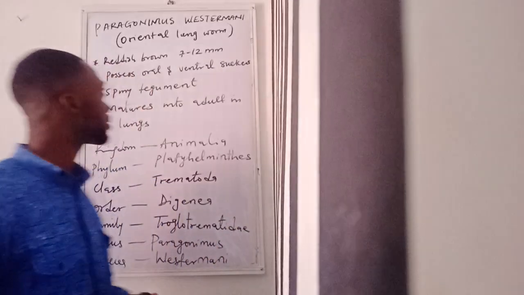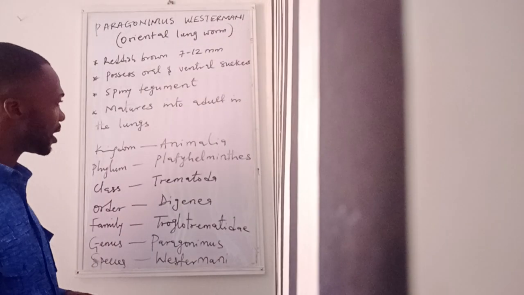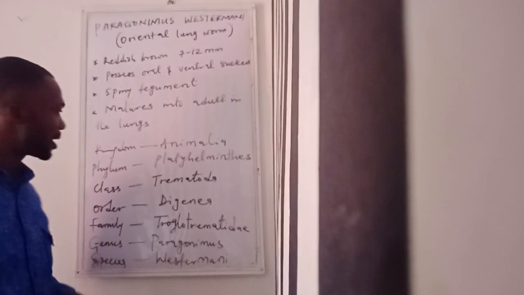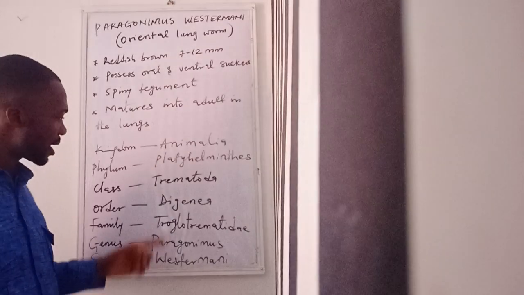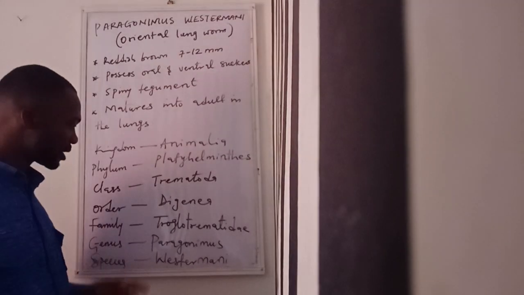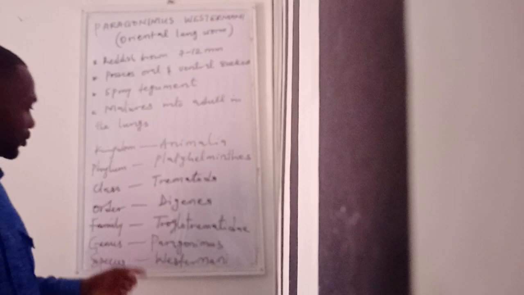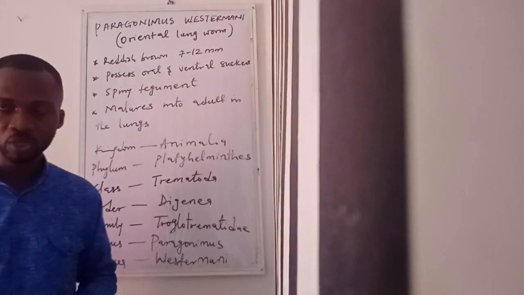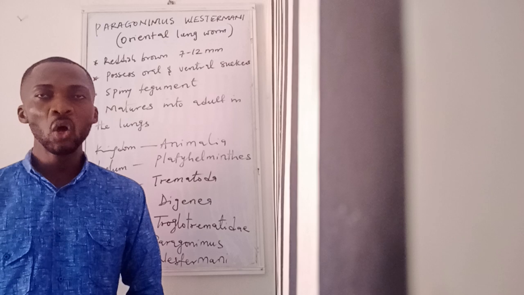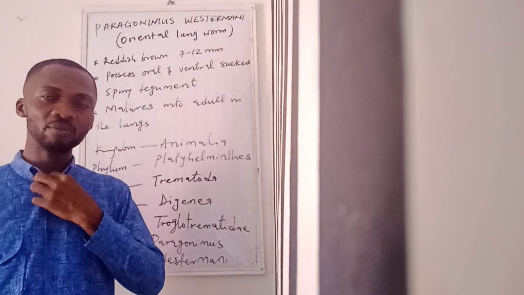Having looked at these few characteristics, it is important to look at the classification of Paragonimus westermani. The kingdom is Animalia, the phylum is Platyhelminthes, the class is Trematoda, the order is Digenea, the family is Troglotrematidae, the genus is Paragonimus, and the species is westermani. Don't forget I said this is a lung fluke. It is found in the lungs, where it grows into an adult and begins